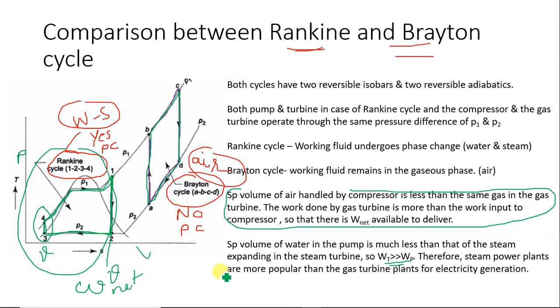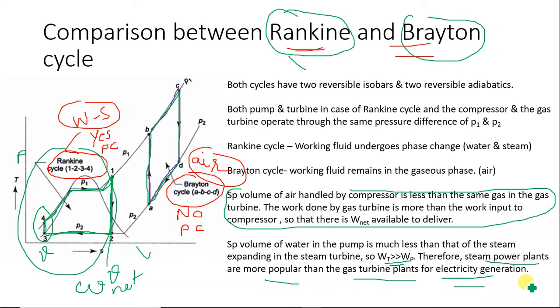That is why for generation of electricity, which cycle is preferred? If you consider the Rankine and Brayton cycle, the Rankine cycle is used where? In the steam power plant, and the Brayton cycle is used where? In the gas turbine power plant. So steam power plants are more popular than gas turbine power plants to generate electricity. The major application of gas turbine power plants is in the aircraft engine. No doubt we can generate power also using gas turbine power plants. Is it clear?